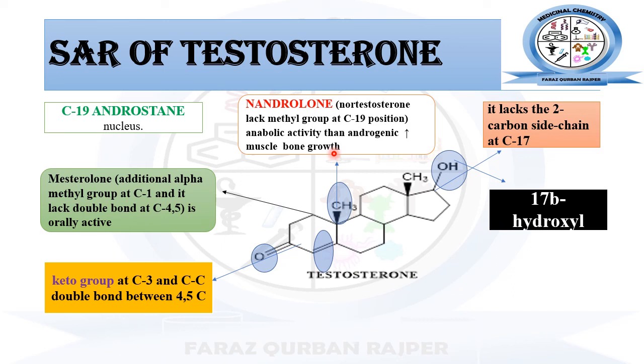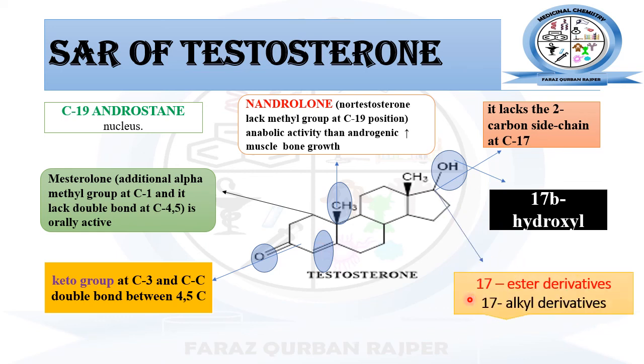There is another synthetic derivative, that is nandrolone. Nandrolone is that type of derivative that lacks the C19 carbon, and that nandrolone has mainly the anabolic activity. Different types of ester derivatives are being formed by the substitution at this C17 hydroxy group. Means this C17 hydroxy group will be reacted with different types of acids being substituted at this site, and now ultimately it will get converted into different ester derivatives, and beside this, alkynyl derivatives will also be formed at this C17 position.